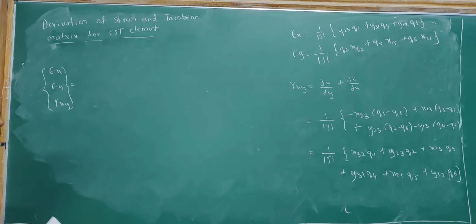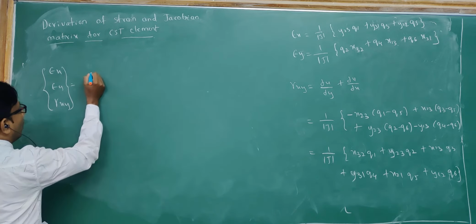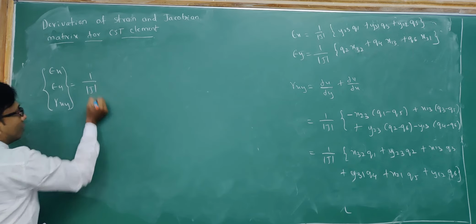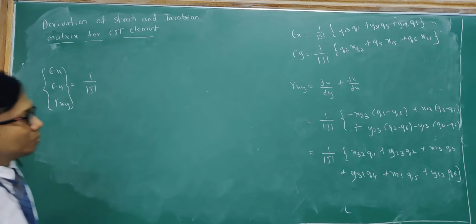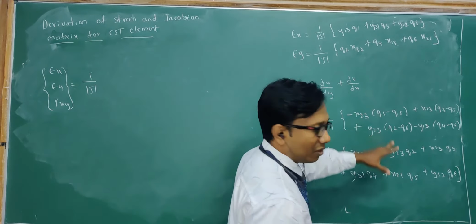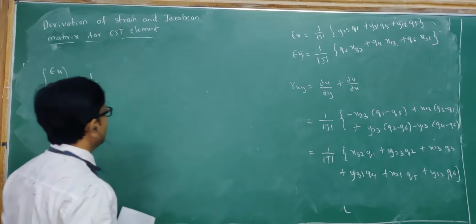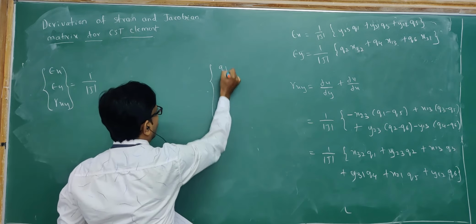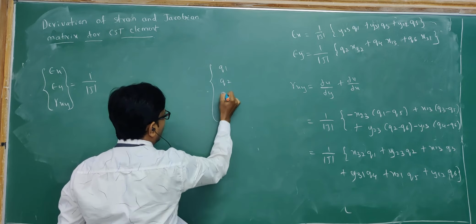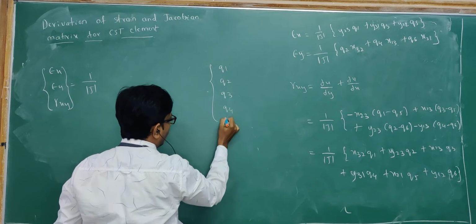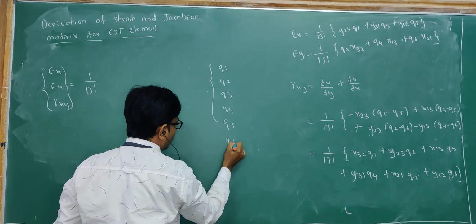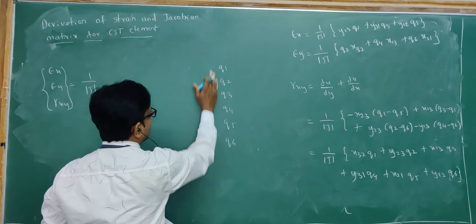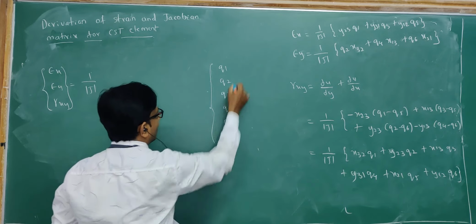So 1 upon determinant J will be common as it is. How many displacements do we have? We have 6 nodal displacements, so I'll write those here: Q1, Q2, Q3, Q4, Q5 and Q6. So the matrix will have 6